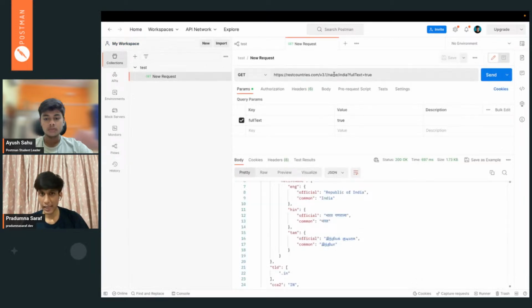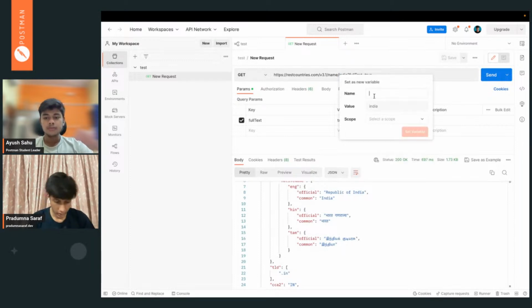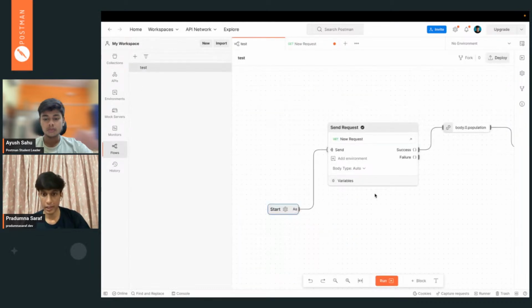We are just using the data for India. So I will set a variable for that so that we can change the country in the flows and make the data more dynamic. For example, we can hit for China, France, Italy, etc. I will set a new variable called country, COUNTRY. That sounds cool, and this is a global variable. Now in the flows we can literally set a variable for a country. We will just give it a refresh.